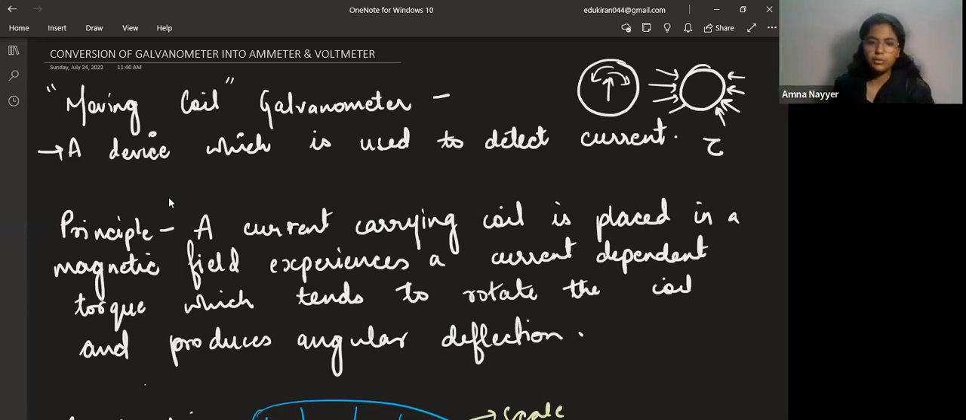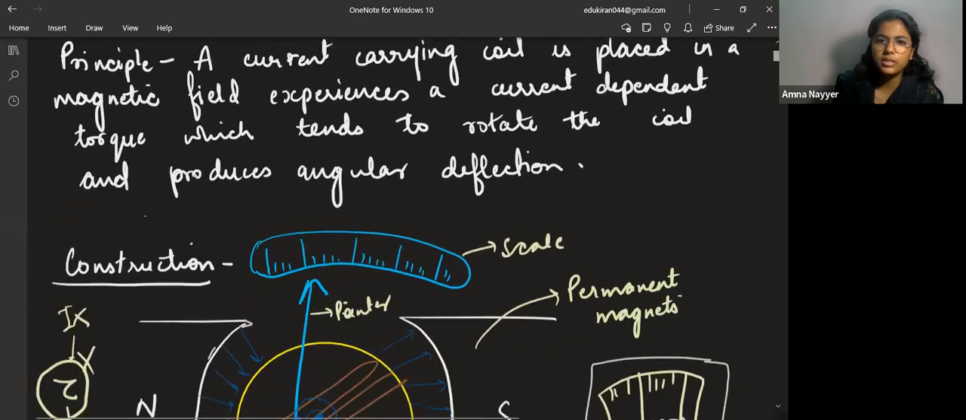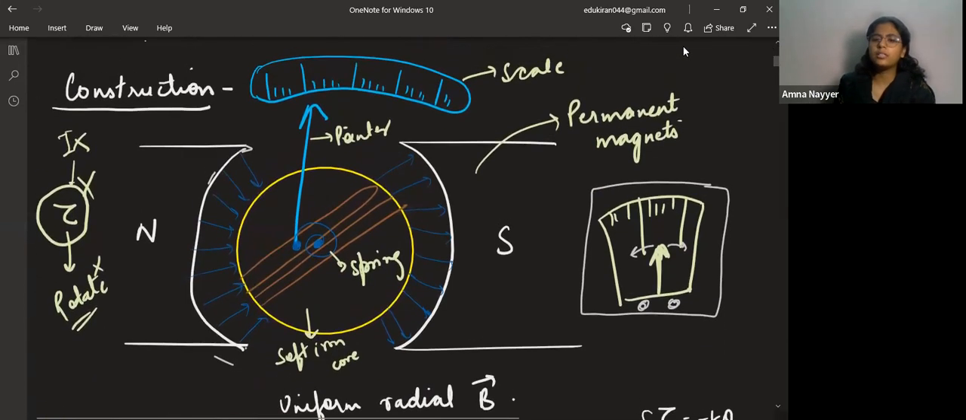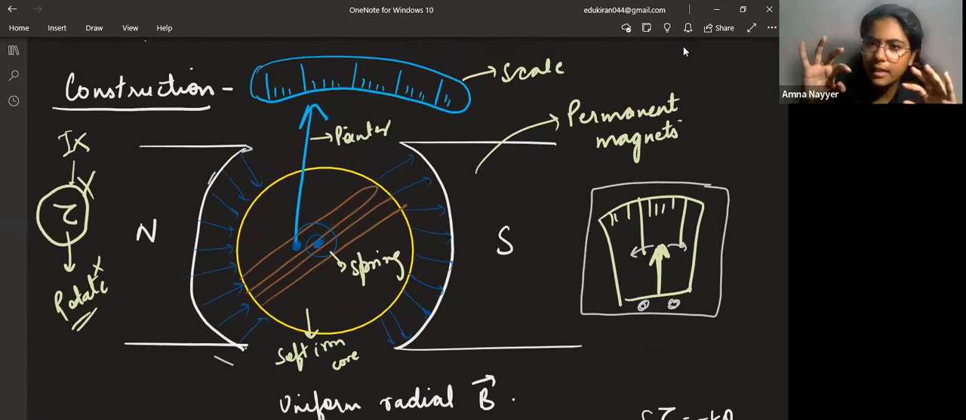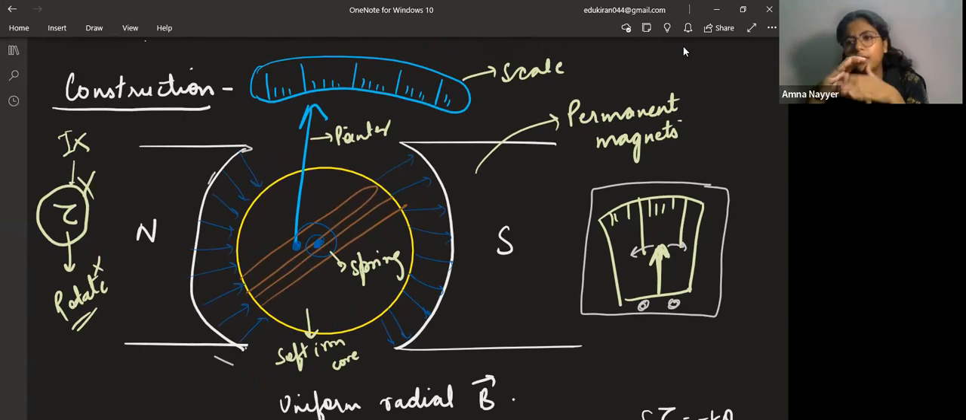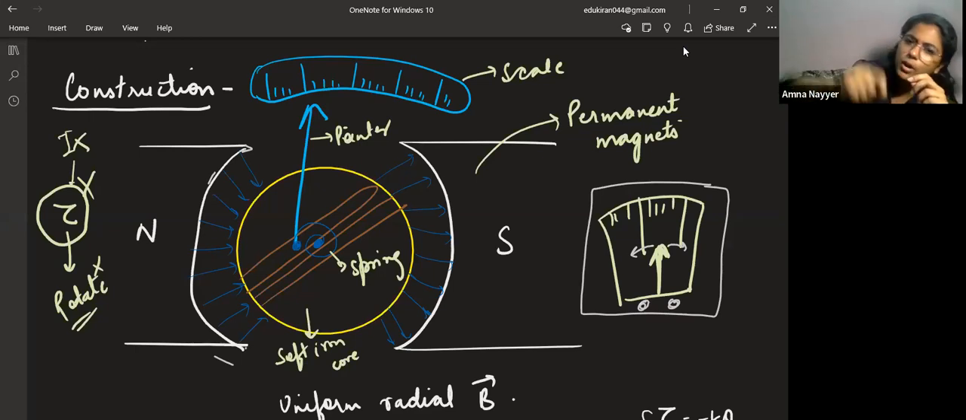Angular deflection is produced. See, for that you just have to understand the very basic construction of it. Just look at this, how it is constructed. Two magnets are there and one of the sides or edges of the magnets are carved in the form of concavities, so that a radial magnetic field could be developed. That's why they are carved like this. And in between, a soft iron core is present with a pointer. The pointer is held with the help of a string and the wire wrappings of aluminium or copper are done like